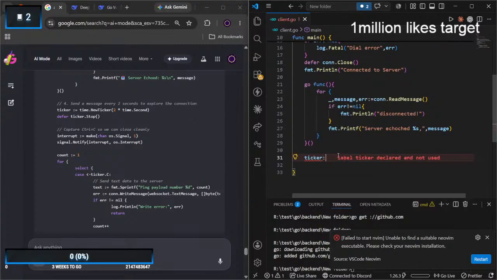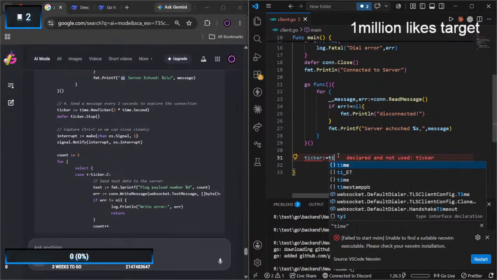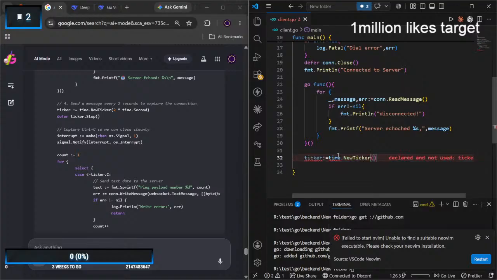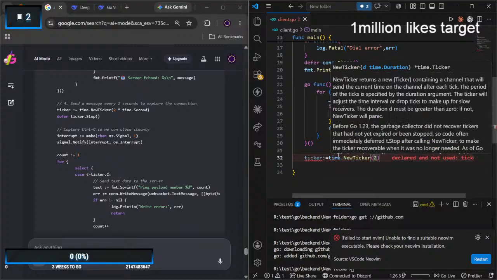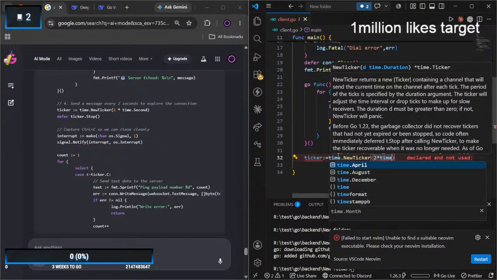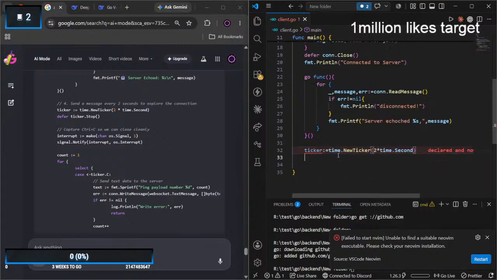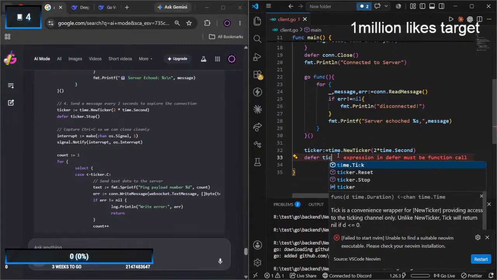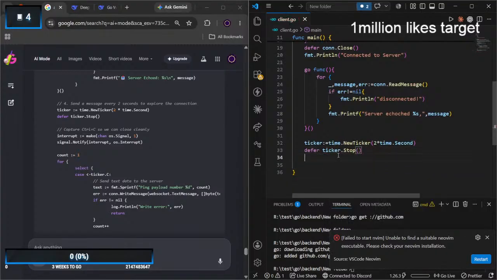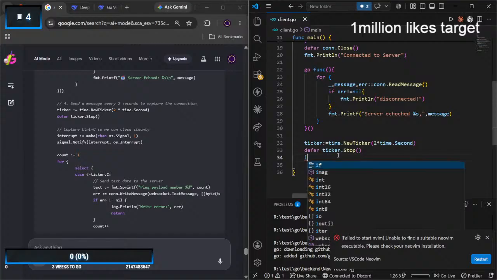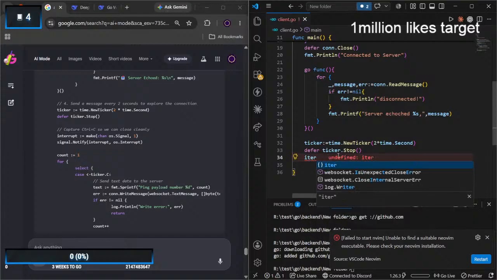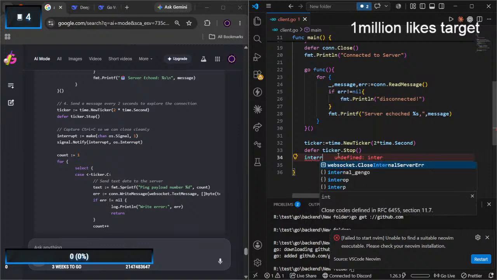Someone was talking about ticker in some different stream. Why are we declaring everything? Ticker is like a timer or what? But we have time interrupt.